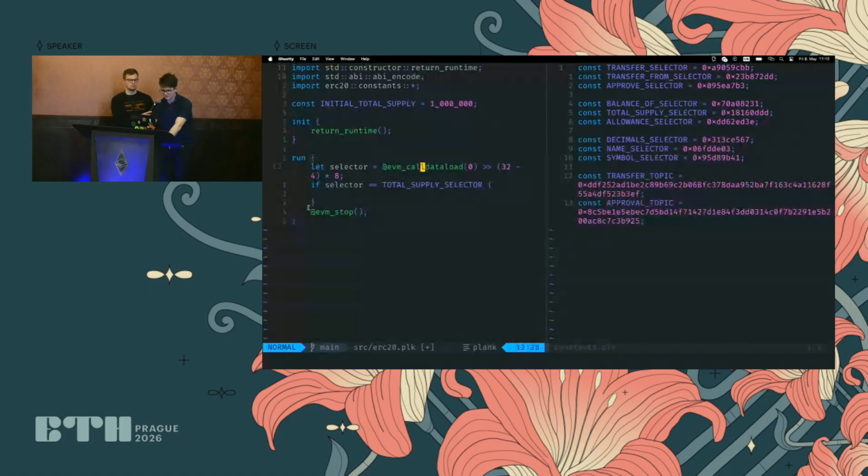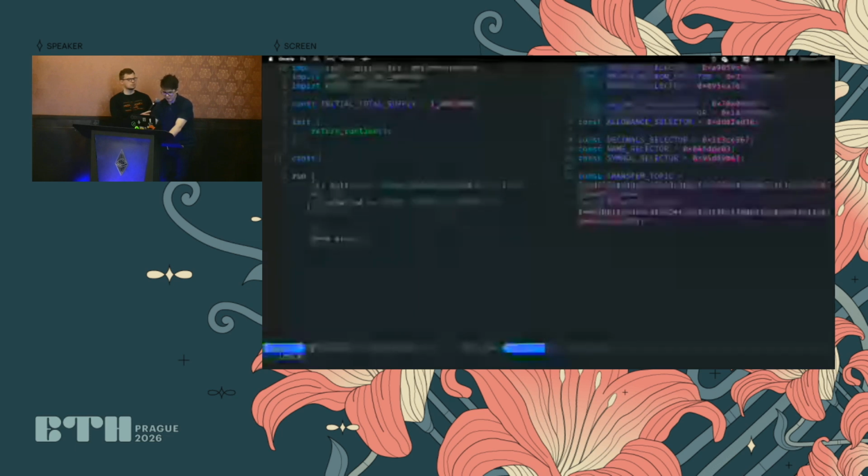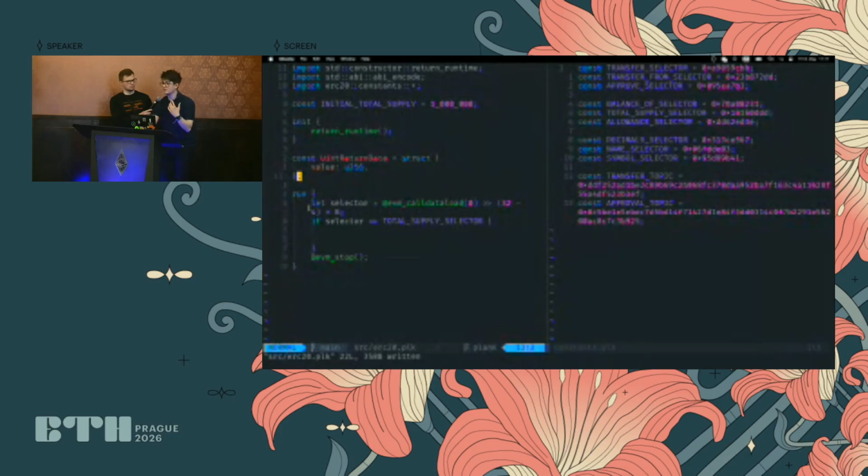So we want our actual data. Let's define a struct for that. Our return data from the total supply function or others is just a uint. So let's call this uint return data, and we'll have a simple struct that holds a single value. The nice thing about Plank is that unlike Solidity, structs are not by default allocated to memory.